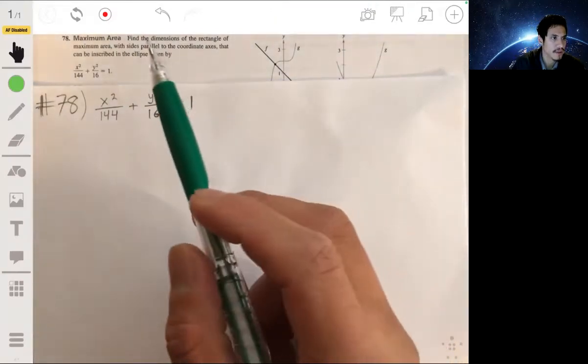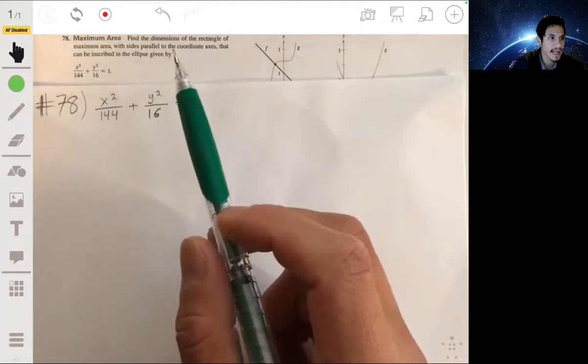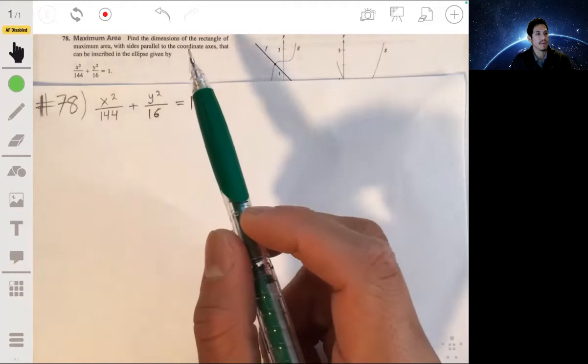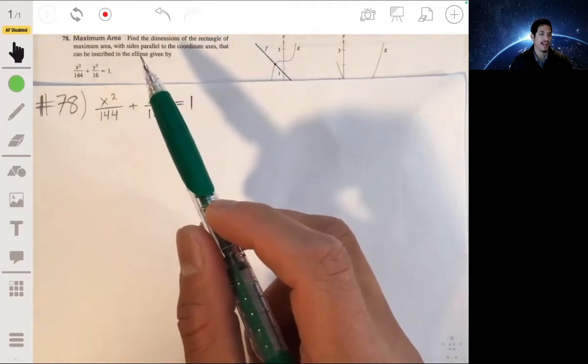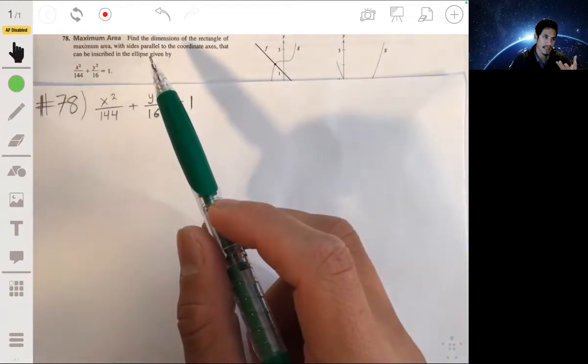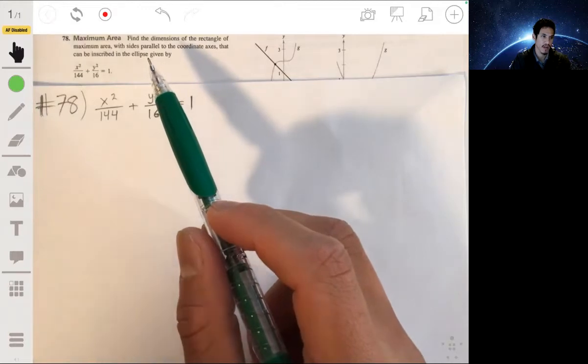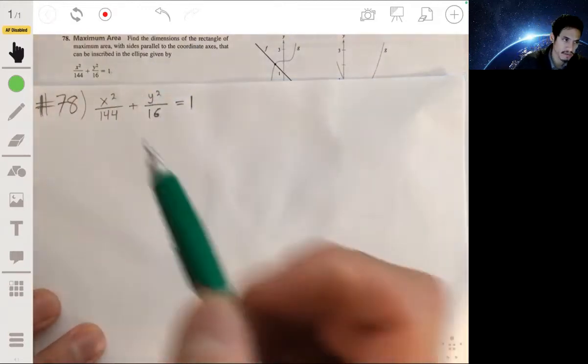Okay, so here we're trying to find the maximum area of a rectangle that is inscribed, or basically trapped, within an ellipse, like an oval. So it's basically going to have its corners on the ellipse. So let's just draw what we got going on here, in case you need a little refresher, because maybe you